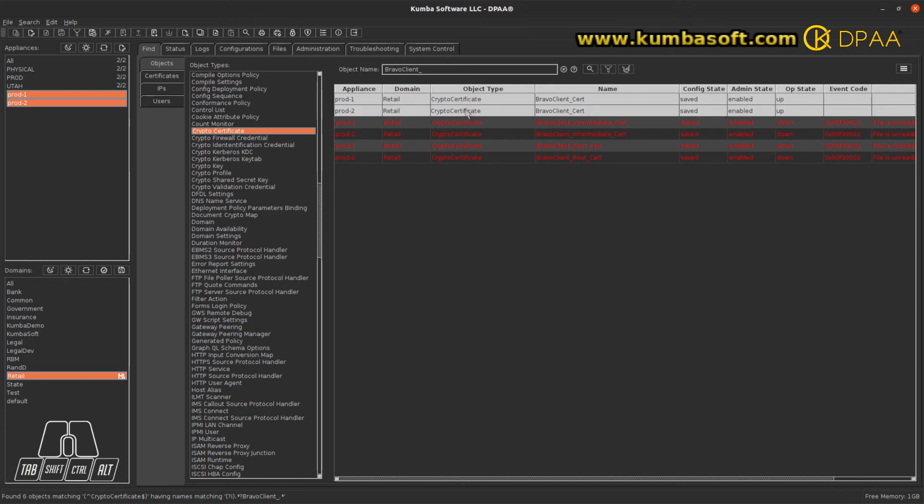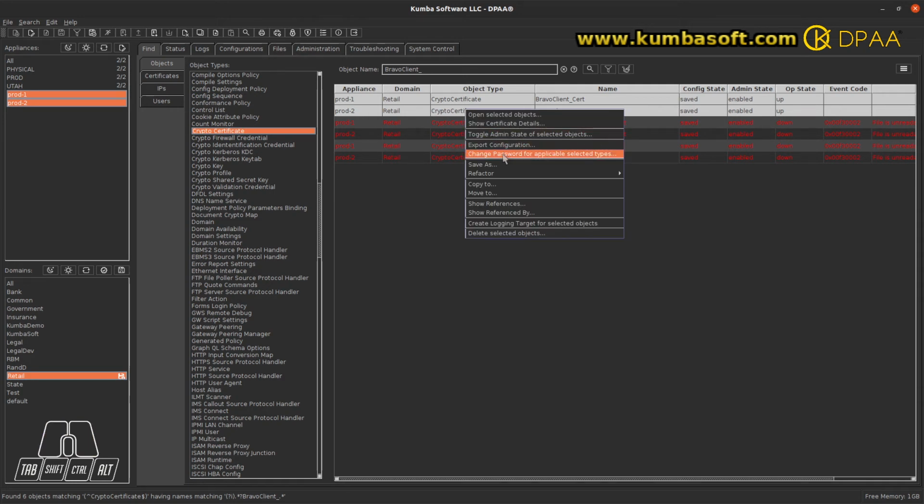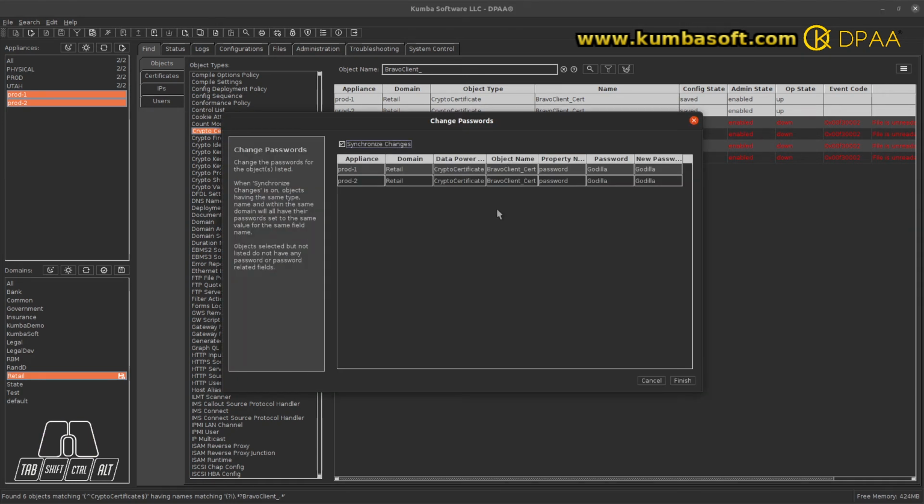Now, let's suppose I want to show you how one other feature works here. And that is I'm going to open the password for applicable types. And then we're going to see that we have a password already set for this password object on both. And in both cases, they have the property type, or the password field, is the plain text password field. We have a synchronize changes checkbox on this window. And what it means is if everything about these two objects are the same, all the way down to the type of field that it's a plain